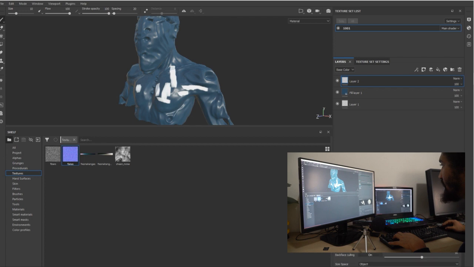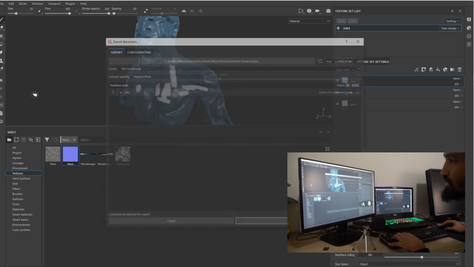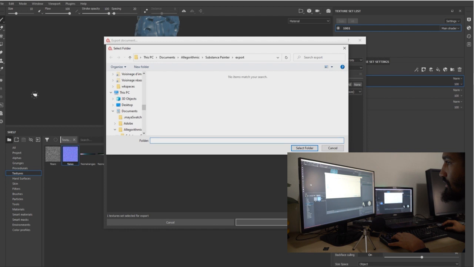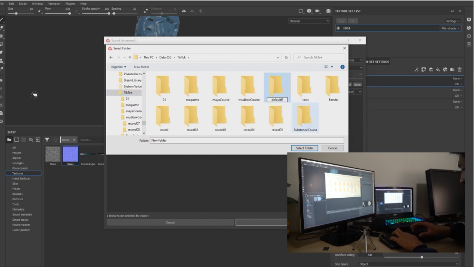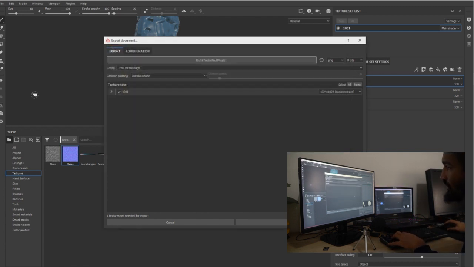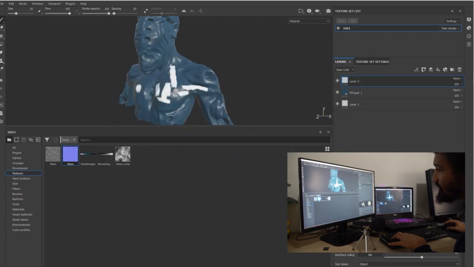So here we are. When you're happy with your painting, you can do File, Export Textures. So we're gonna export the textures. Here you choose a path. I always use my default project on here, so I can do a default project. Here select the folder, and when we go export, we can open the folder